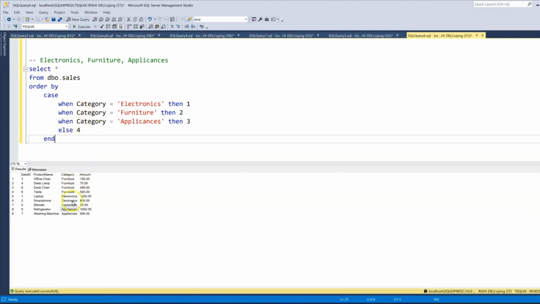But what you do is you want to see electronics first, right? So you're going to use the second form, the searched form, and you're going to say when category is electronics, then 1. So all these rows which evaluate to 1 are going to be at the top. So when you want the furniture to be the second category, you say furniture, then 2. When the category is appliances, then 3, right? So let's run that. So you'll see that all the electronic ones are on the top, the furniture ones the